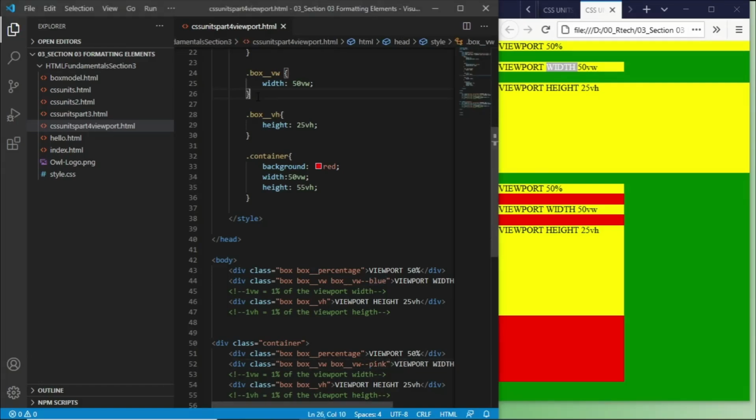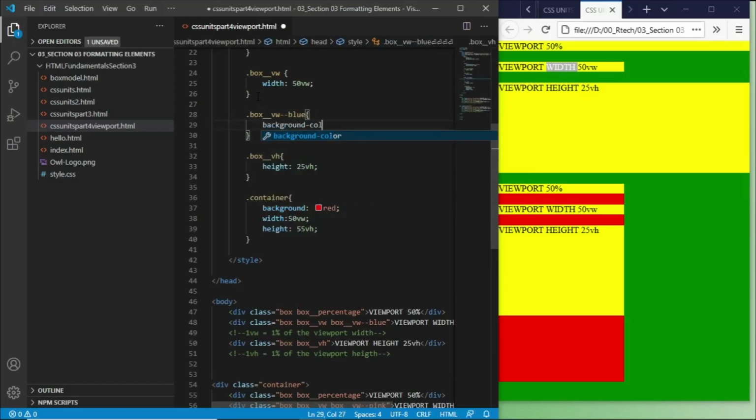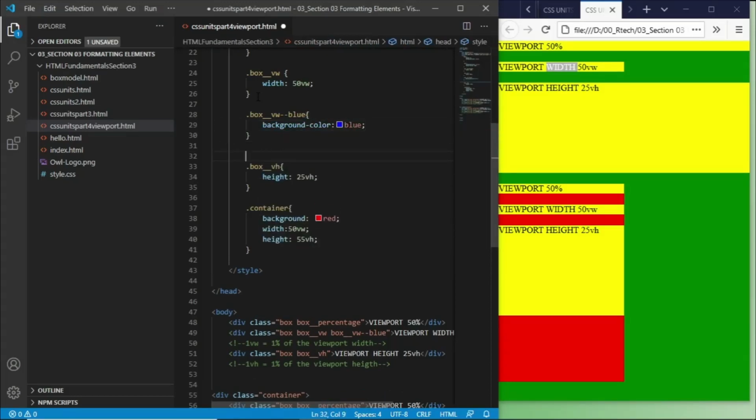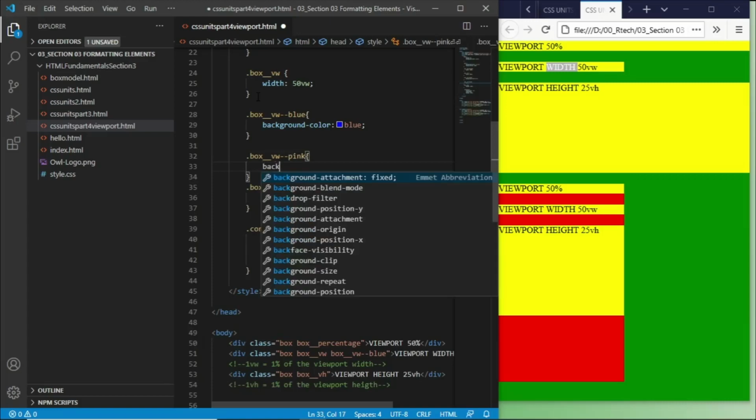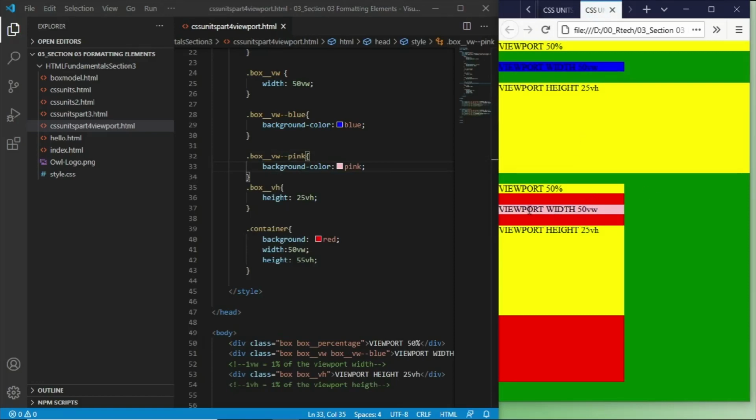Now let's go up here and declare a background color of blue, and another one that will have a background color of pink. Let's save that and refresh. Now we can see that these are two different divs that have the same value for the width property